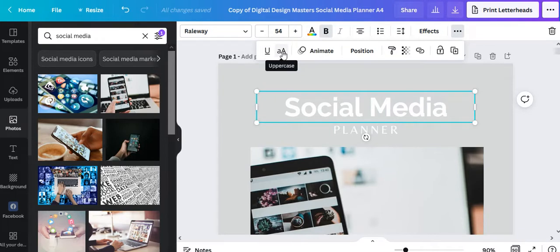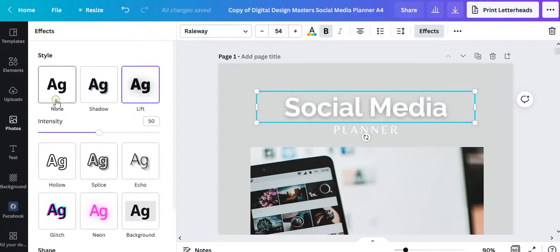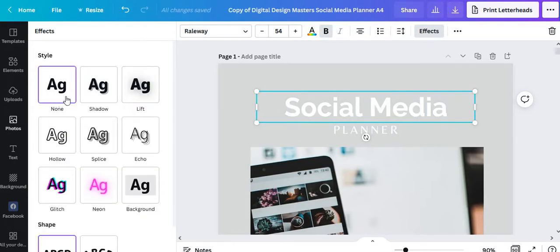You can change the case, you can underline it, you can change the position, you can change the transparency, make it a link. You can lock elements together. I'll show you that later. Change the effect on the text. Okay, we'll just go back to none for the moment. And the color, and you can change the bold and